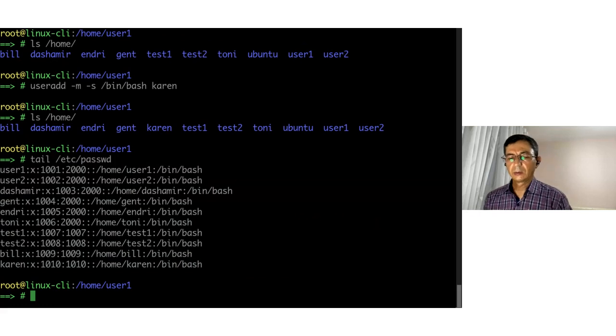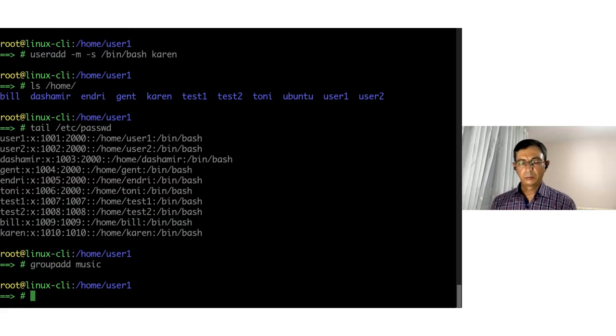And now I will create a new group, and I will put these 2 users in this group, in order to facilitate the sharing of files between them. So I will create a group called music. groupadd music. So I created a new group music,